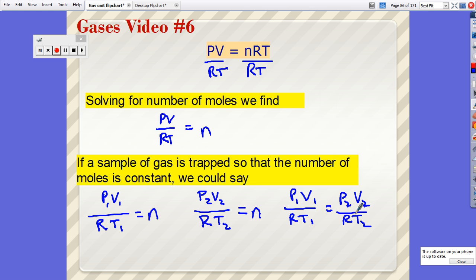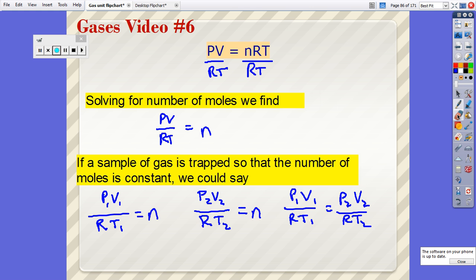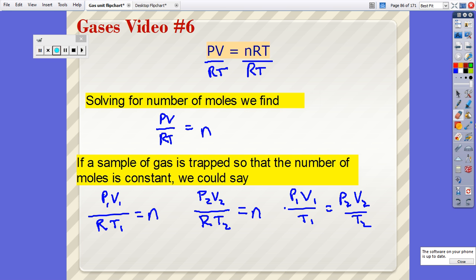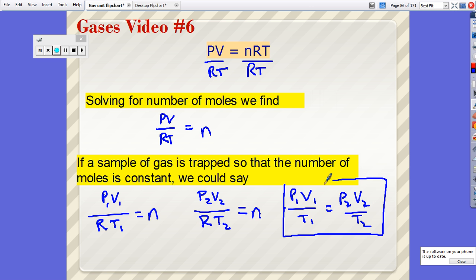Now notice R. I have not been writing R as R1 and R2. And the reason why is this. R is the gas constant. It doesn't change. Since it's exactly the same on both sides, it's going to cancel out. So I can get rid of it. And what I have as a result is this formula. This is called the combined gas law. It is used for finding